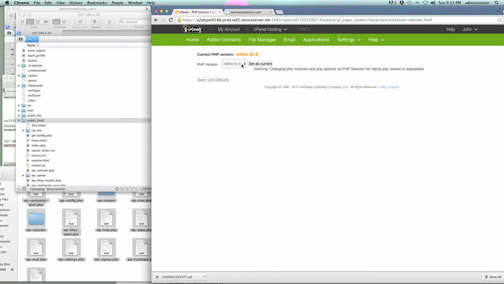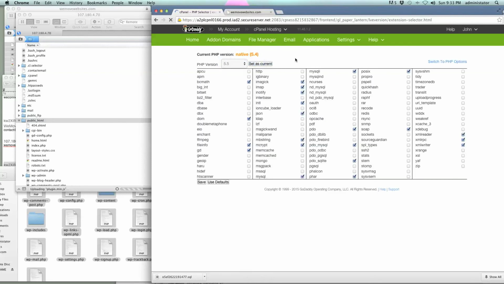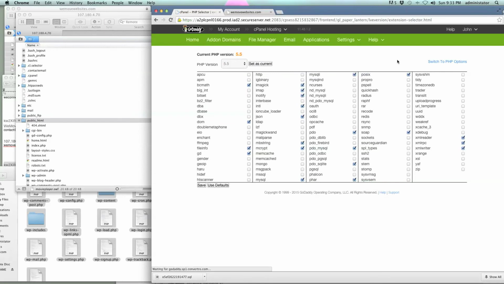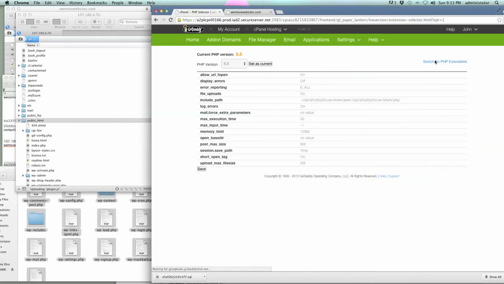In this one, it sets you at 5.4, but you can set it to 5.5. Now, depending on what PHP code you're running, this may cause problems in your website though, so be careful, and you may want to switch it back to 5.4. But honestly, you should update your code if it does break something, because you're using something that's old and should be changed. You click on this switch PHP extensions button over here, and then you can change all these settings here. So maybe 64 megabytes,